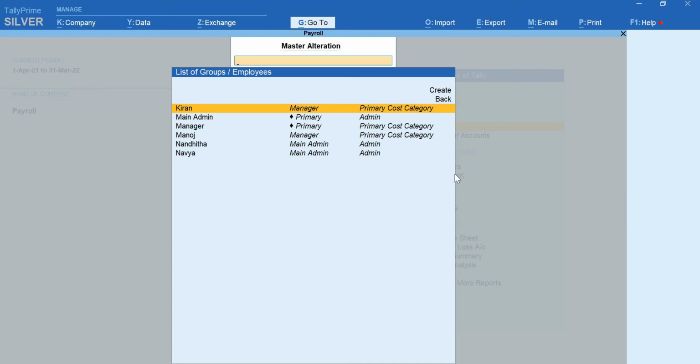Before that, observe this chart. Here I have a chart wherein I have Kiran as a manager in the organization and main admin manager. These two are quite different from all the four because here I have the names of employees and in these two I don't have the names of employees. So to define the salaries, you need not define for each and every person. If you define the salary for the main head, then you can copy the same for the others. So that is why you have the separate step called define salary. We'll go with main admin first. That is the main column.